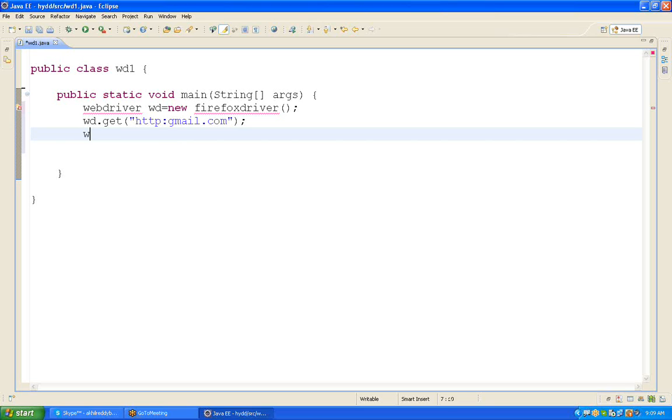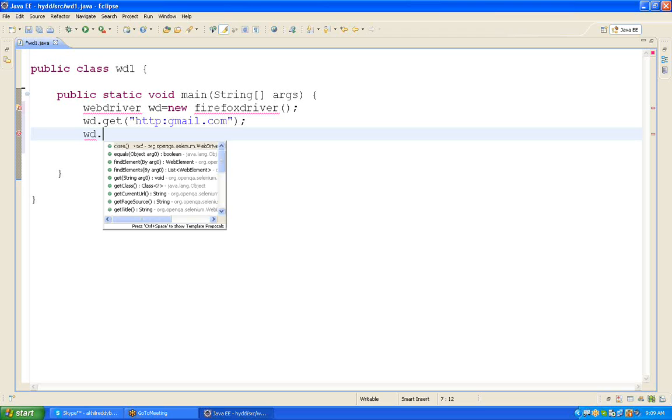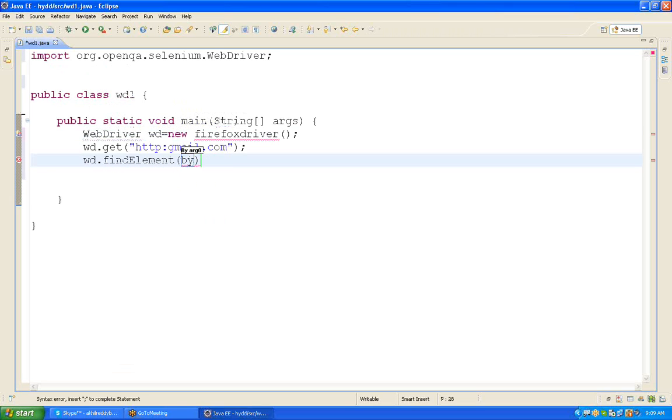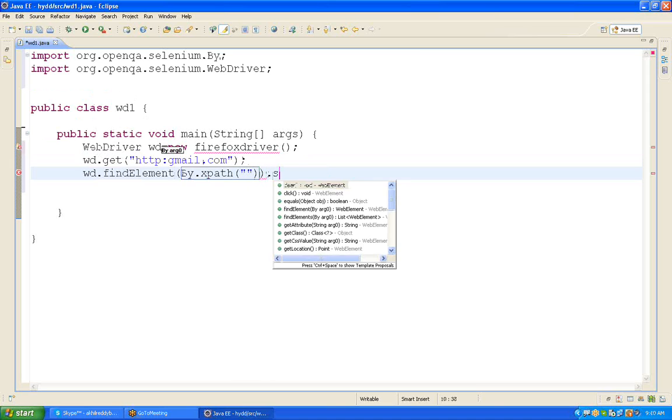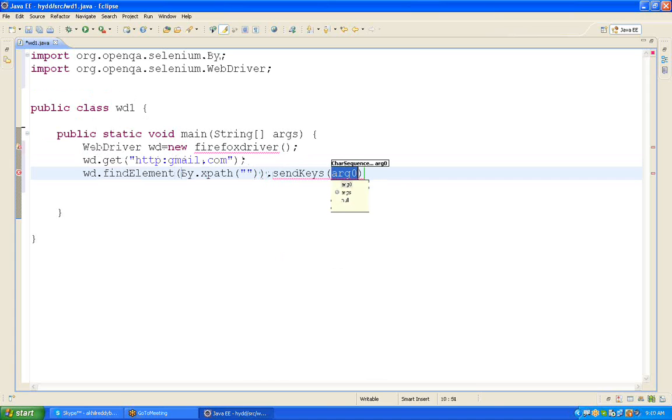So WD, which is the WebDriver reference, dot findElement by XPath. Give the web element username XPath, which is the edit box. We will use sendKeys: Akhil Reddy HOID 1.